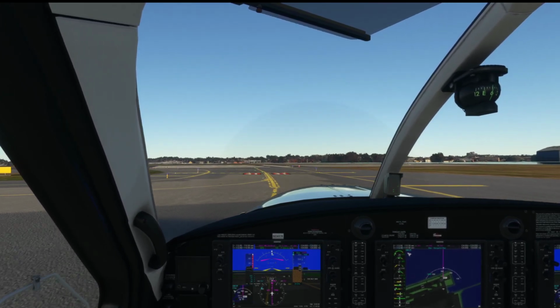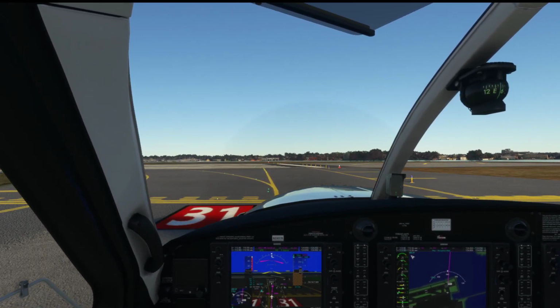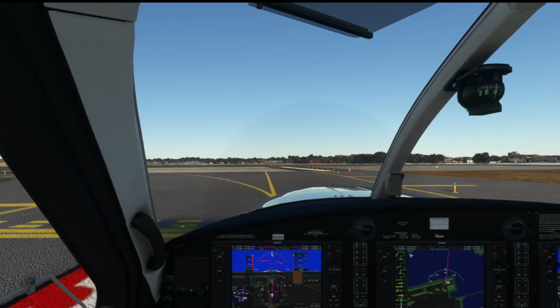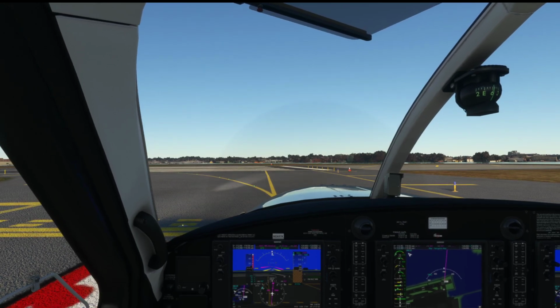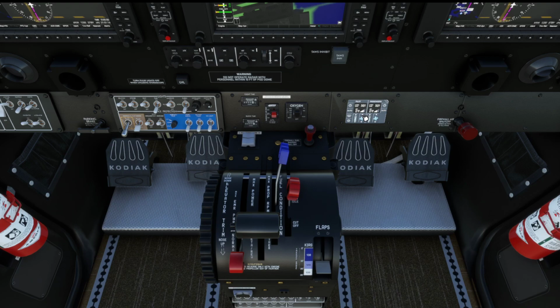So we are at our holding short point. We're gonna stop right over here and put our parking brake on. Turn on our landing and strobe light. Taxi light can go off. Auxiliary fuel pump will come on. And before I forget, let me put my AC to